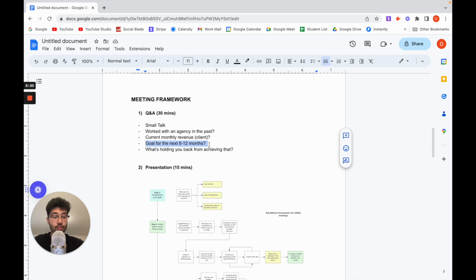I highly suggest for you guys to have a notepad, a paper or something, and just write their answers down. Don't make it obvious. Don't put your head down like that and start writing, but off to the side, you can pretend like you're doing something and you can write it down.